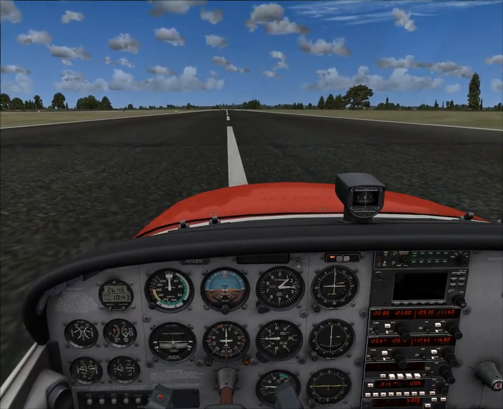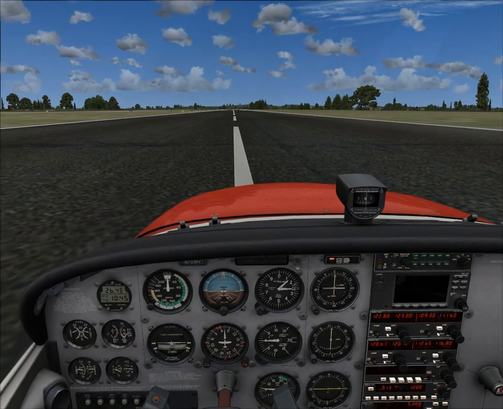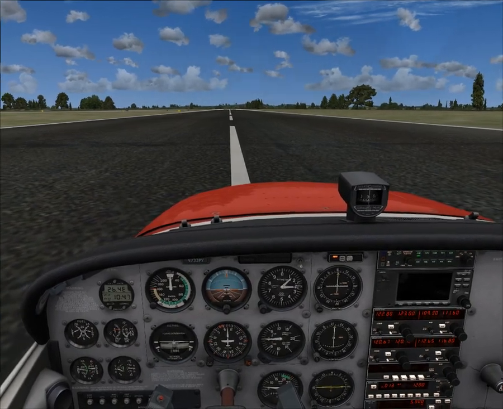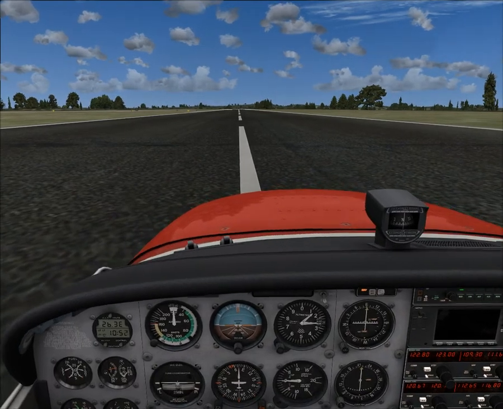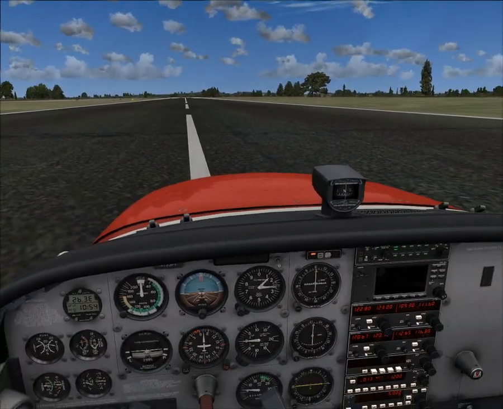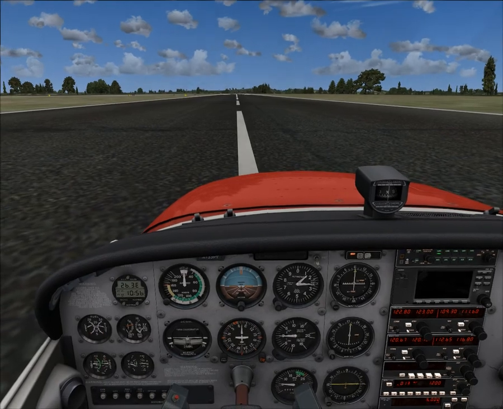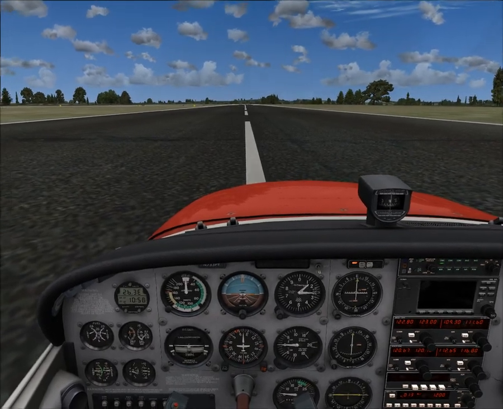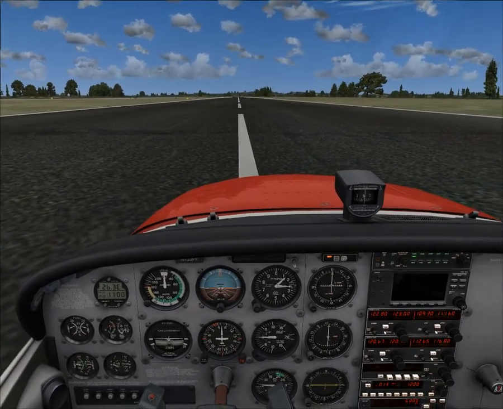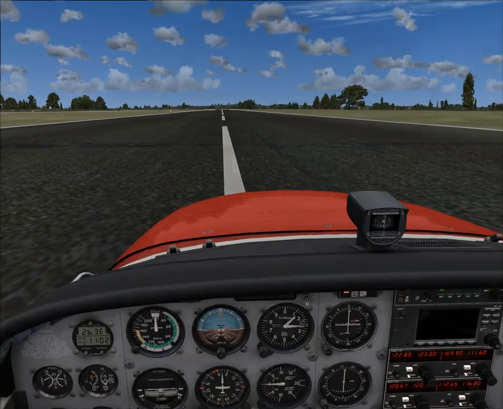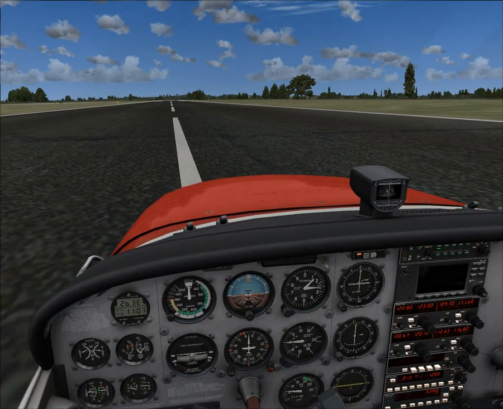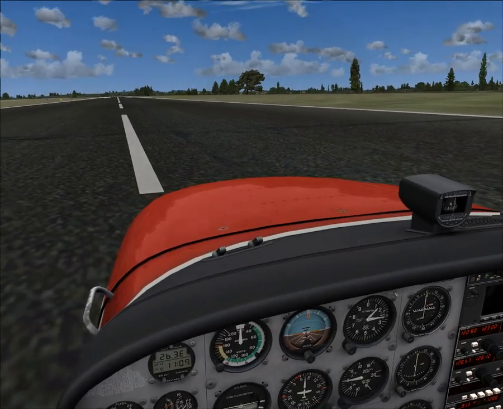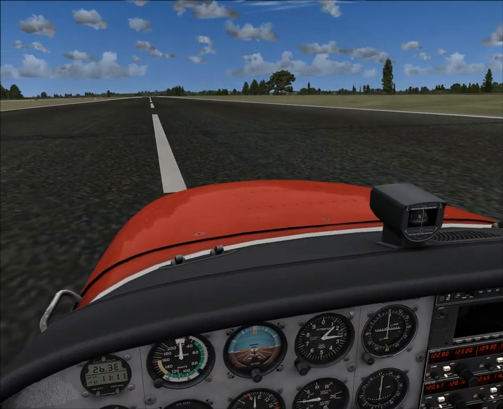Okay, so that was a basic introduction to a normal landing. Of course, every aircraft is different, and you should consult the individual pilot operating handbook. I do want to emphasize, I'm not an instructor. This is for flight sim purposes, and it does have some real-life applications, obviously. However, this is not meant necessarily for real-life instruction. I do use what I've learned in flying the real 172, and these lessons, I just want to bring some realism to your